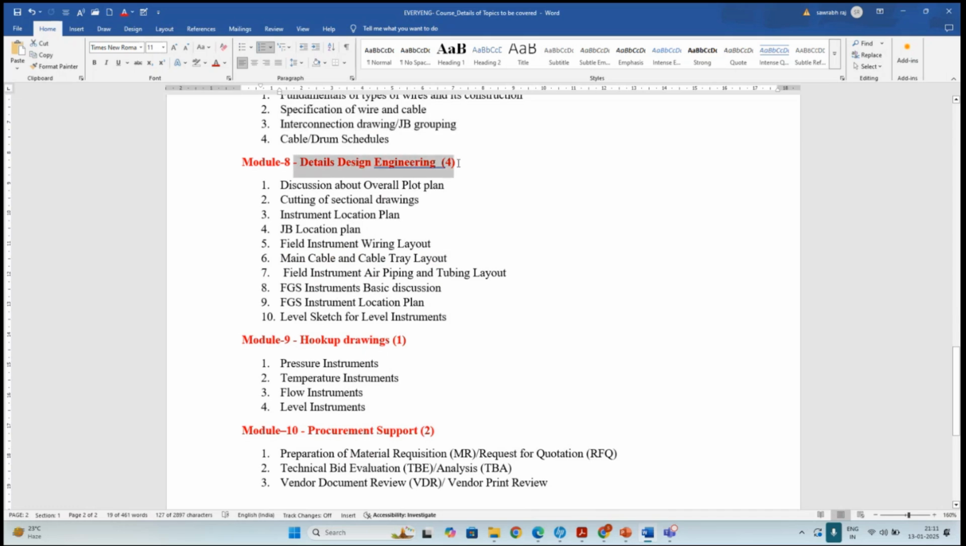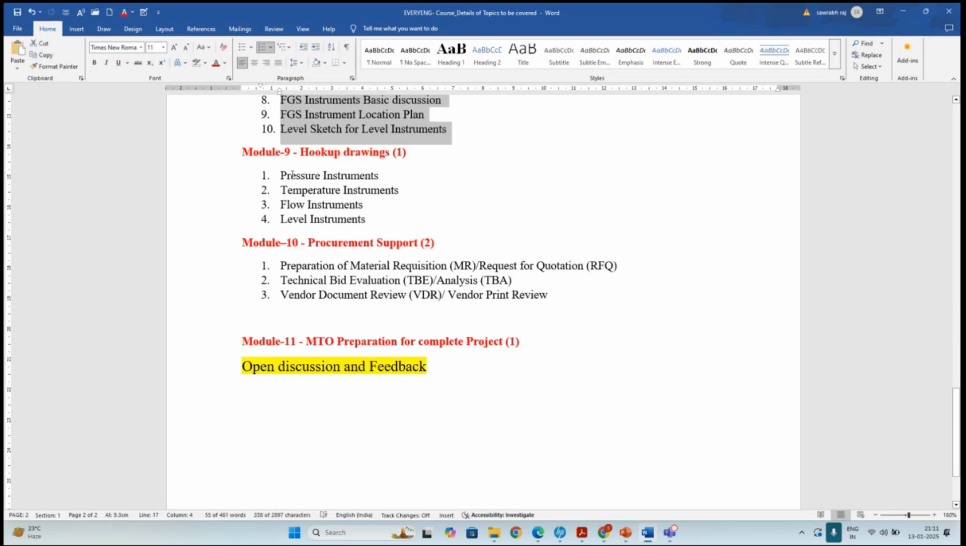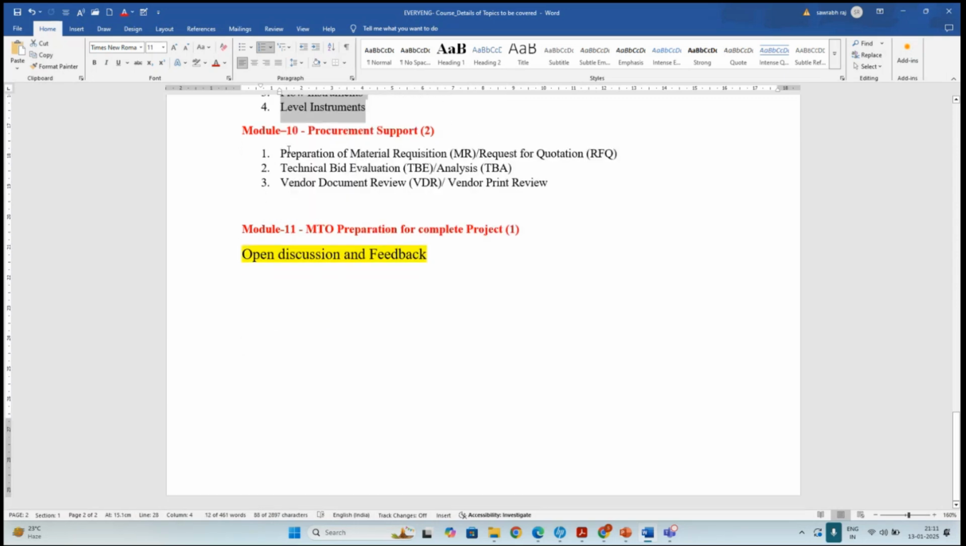In the detailed design engineering section, we cover the plot plan, sectional drawings, location plan, JB location, wiring drawing, cable and cable tray drawing, air piping tubing, FGS instruments, instrument location plan, and level sketches. So these are the things which we are going to cover under the detailed design engineering. After that, we will talk about the hookup drawing of process instruments, and then we will come to the